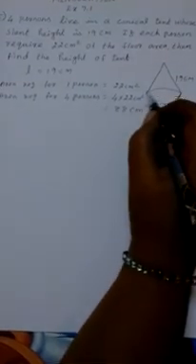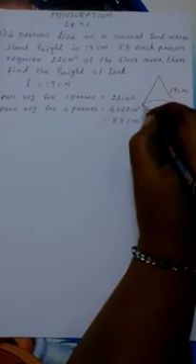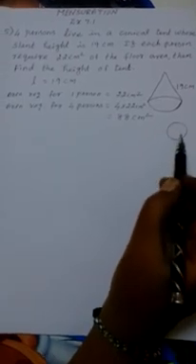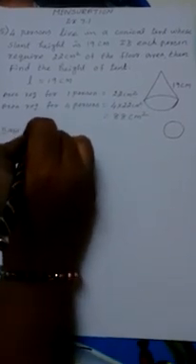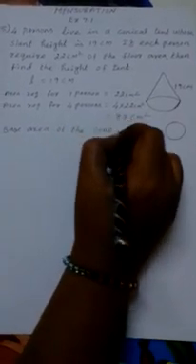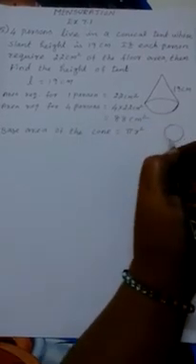Now see, four persons live in the floor area. Floor area is given. That means this part of the cone, which is in the shape of a circle. We have to find that area. What is the formula to find the area of a circle? Pi r squared. So the base area of the cone equals pi r square, because it's in circular form.